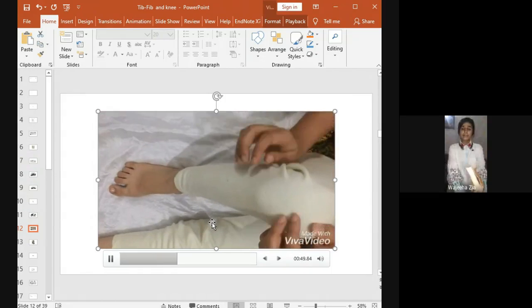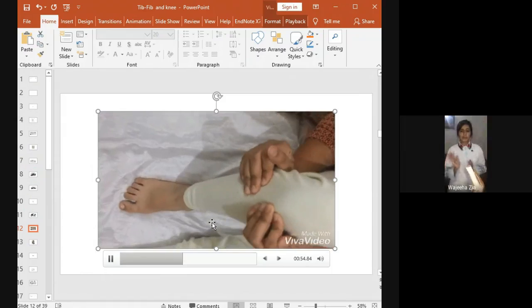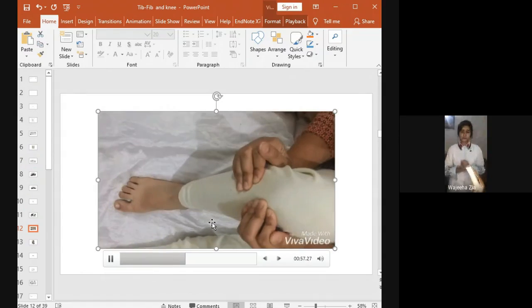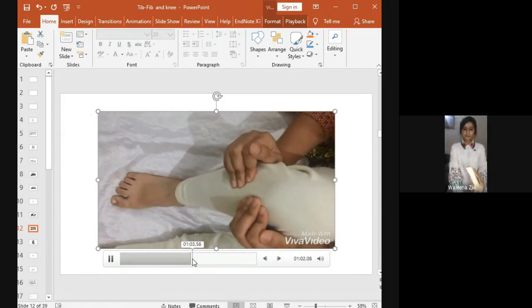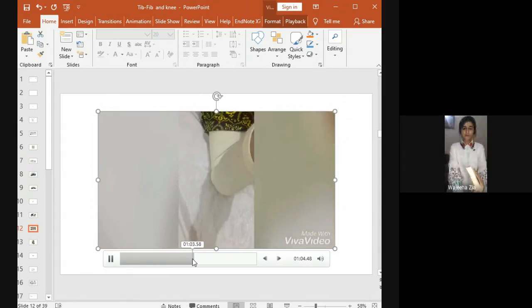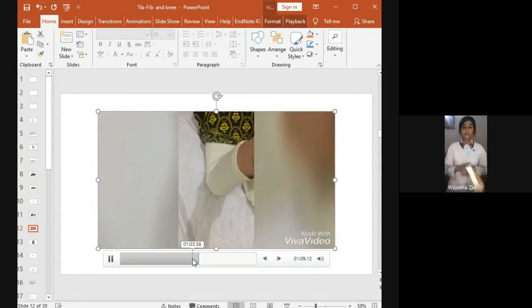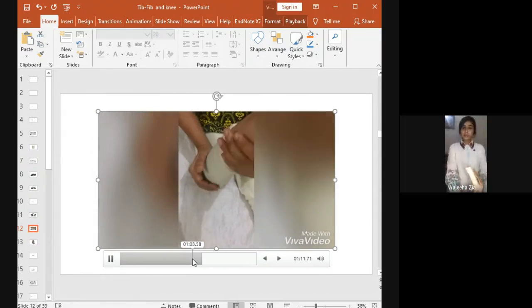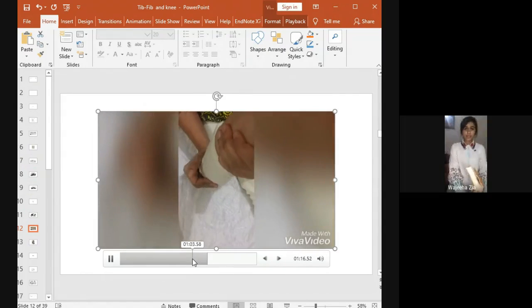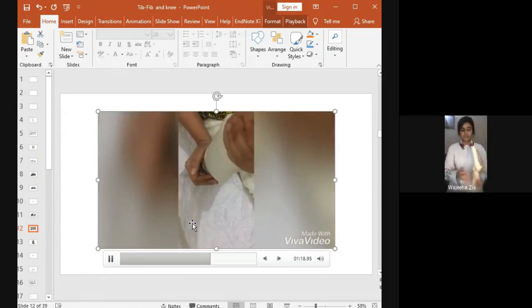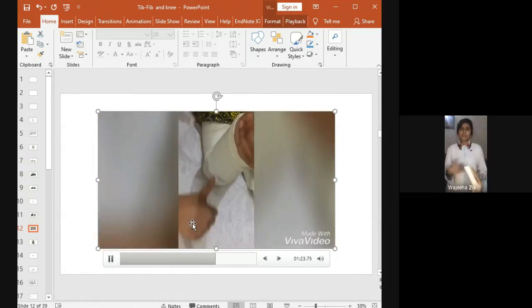And the next one is the anterior glide. For the anterior glide, sit on the opposite side. So from that side, apply the anterior glide at the head of fibula. Now, in the modified position, the knee is 90-degree flexed. For the anterior glide, approach from the posterior side of the patient, from the posterior side of the head of fibula, and apply the anterior glide. From here, apply the anterior glide. In the same way, you can apply the posterior glide.